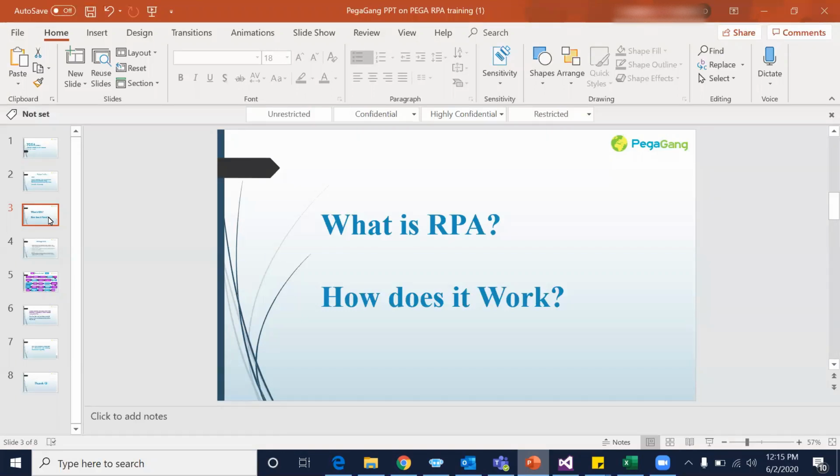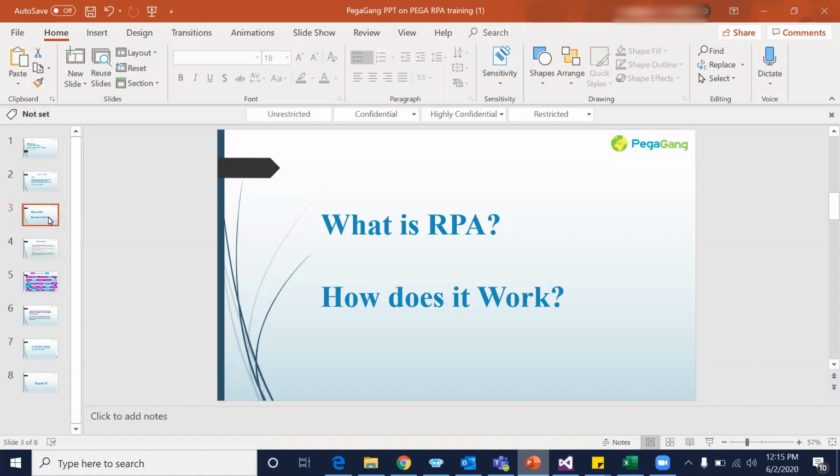That's what RPA does. Suppose one human being can process 1,000 records in a day. With an RPA solution, he can process 5,000 records in a day with very minimal error. That is the best part of RPA, process automation.